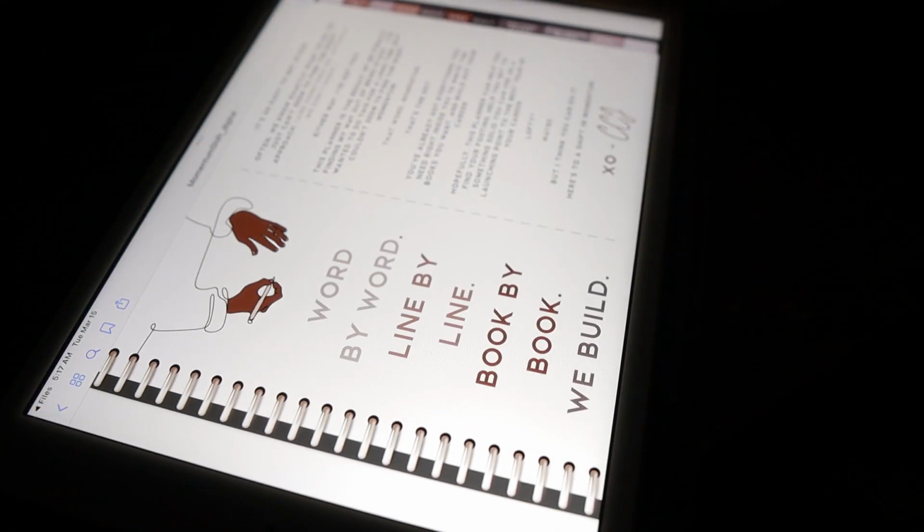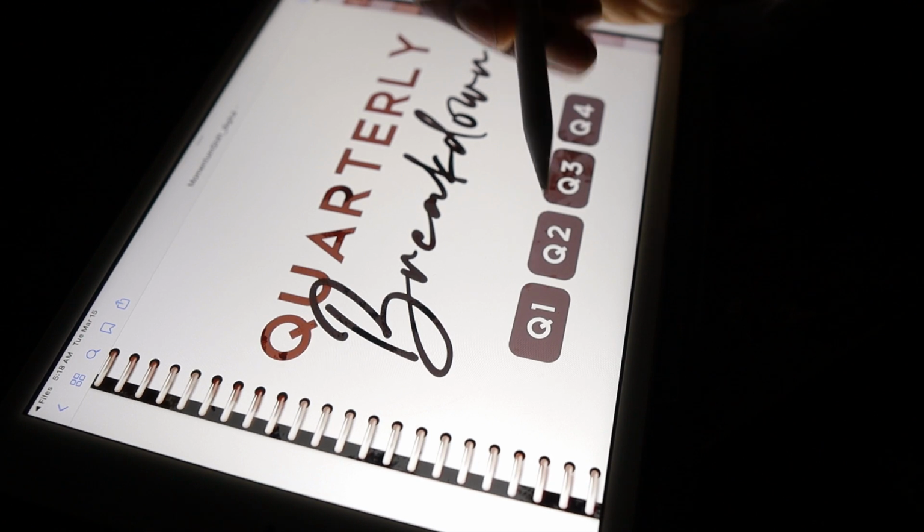I still have to fill out the bigger picture. I have not filled out my personal copy myself because I was testing, is this working? Is this link working? Figuring all of that out. So now that I've got that figured out and got it launched, it is time for me to put it to use. So what you see here is that I've got my planner open,